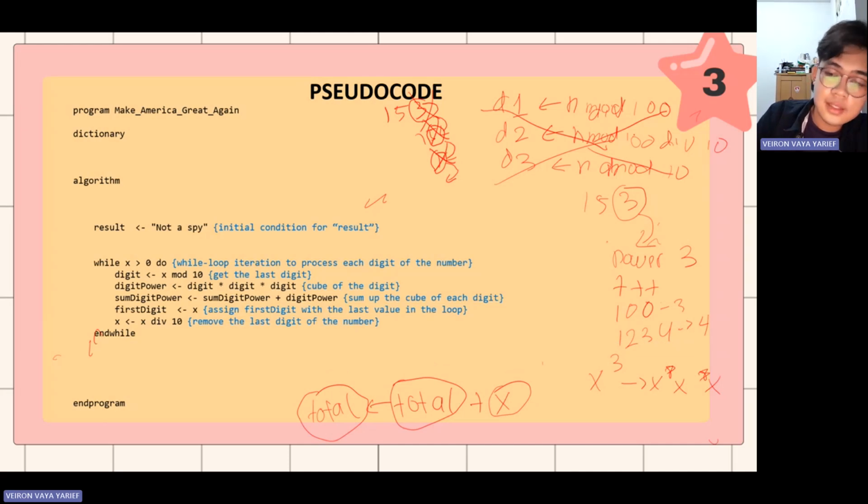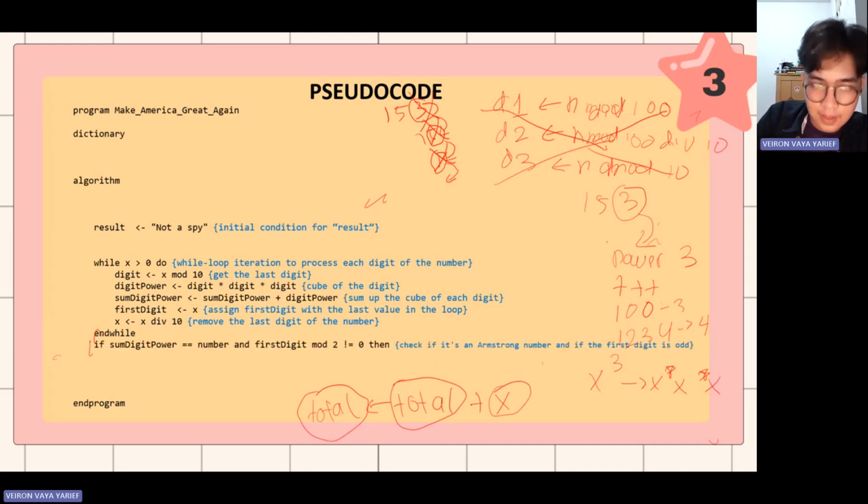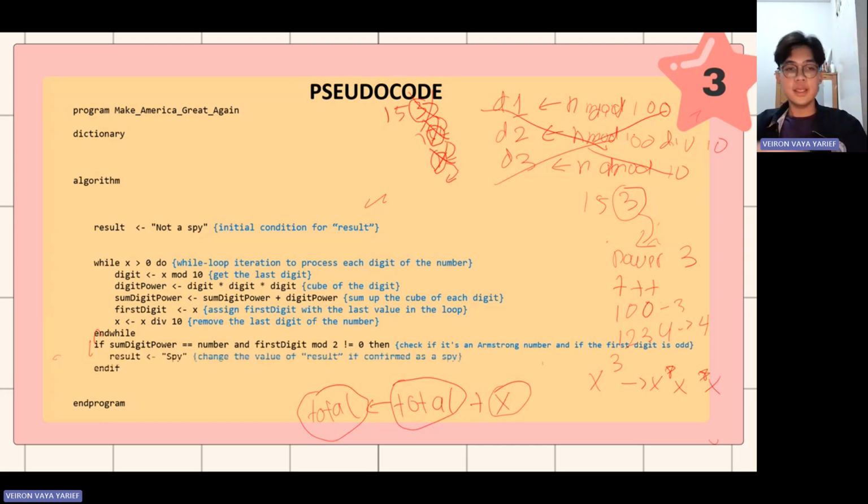Does the program end? No. At the last thing, we need to check if the number is Armstrong and the first digit is an odd number, right? So if sum digit power equals to number,